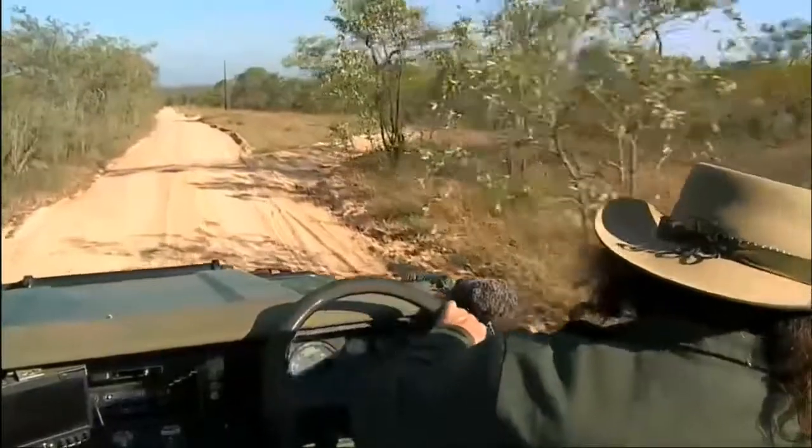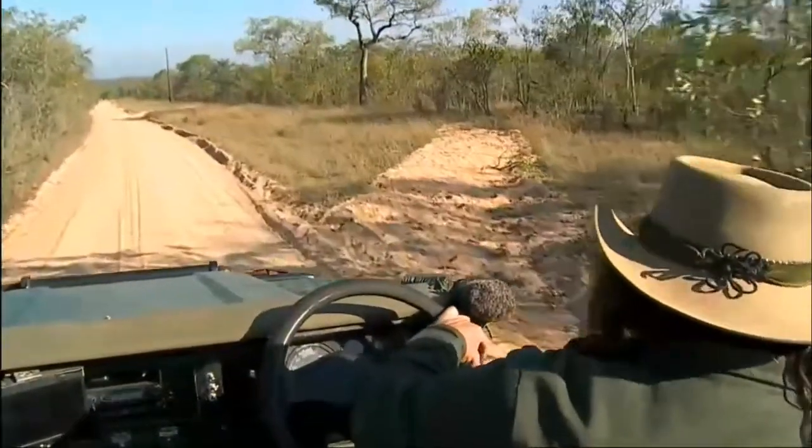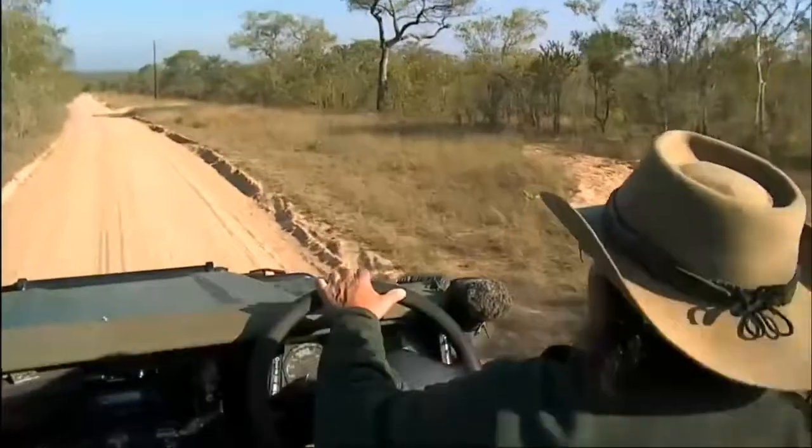There is track to come back onto our side of the road now, and there again. I can't believe where this